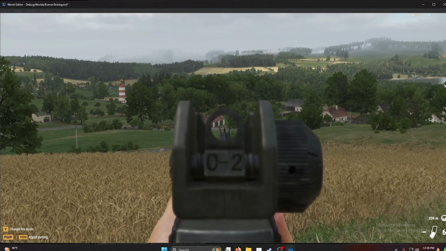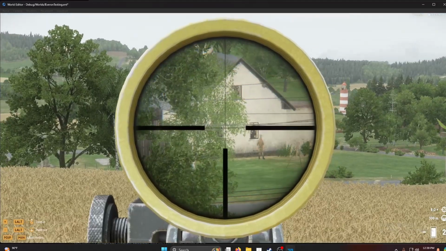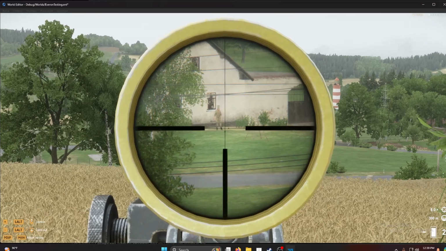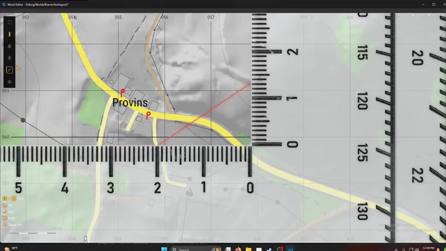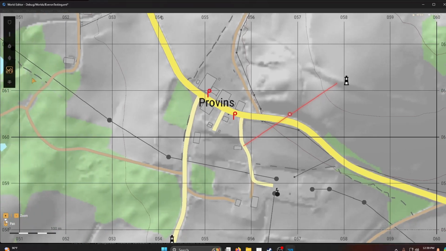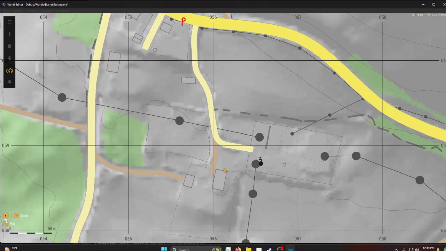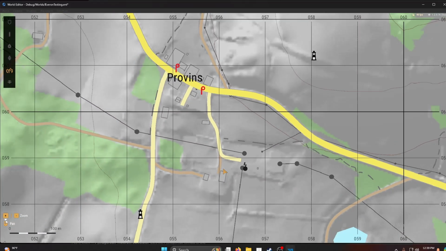But as I aimed for the head area on that target, you can see here. As you can see, I even got some targets in the windows. We'll go ahead and set that. I'm going to turn off my protractor, and then I'm going to go back into my lines. Going to get rid of that, and I'm going to focus on this house right here, where my next targets are. Draw my line from my position